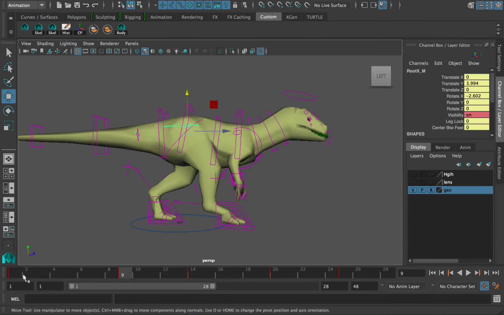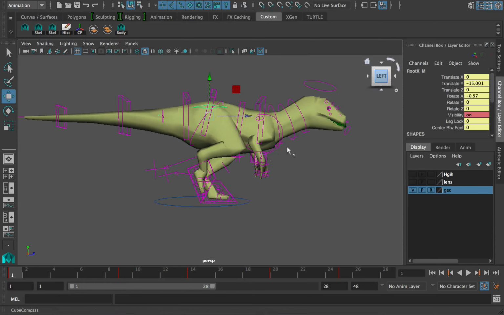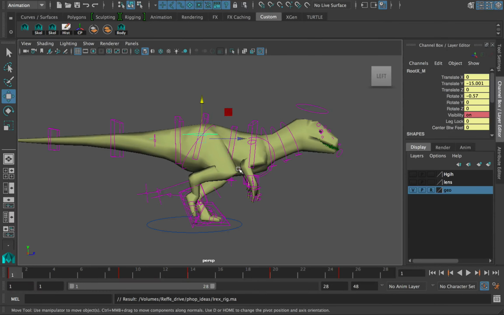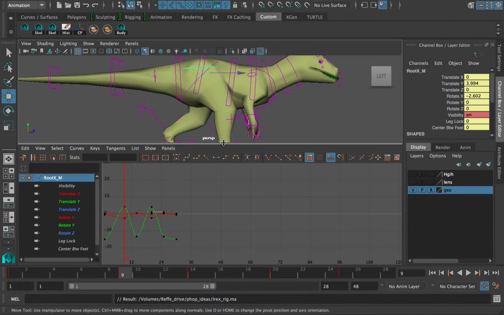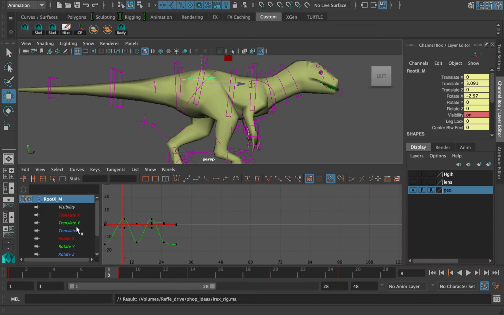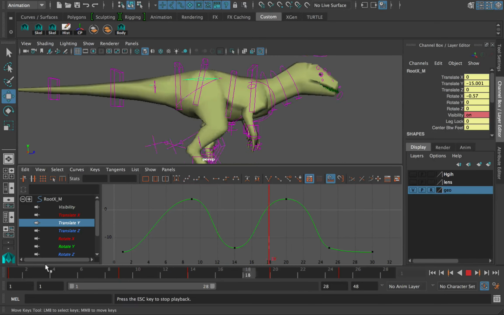Make sure to know that the translate X value is going left and right on your grid. Translate Y in Maya by default is going up and down. In Blender, I believe it's the Z axis. In Maya, that's on a different axis. Equivalent to Blender, the Z axis is basically the Y axis in Maya. So here, I'm just editing the curves to make sure that the animation upon the hips and the